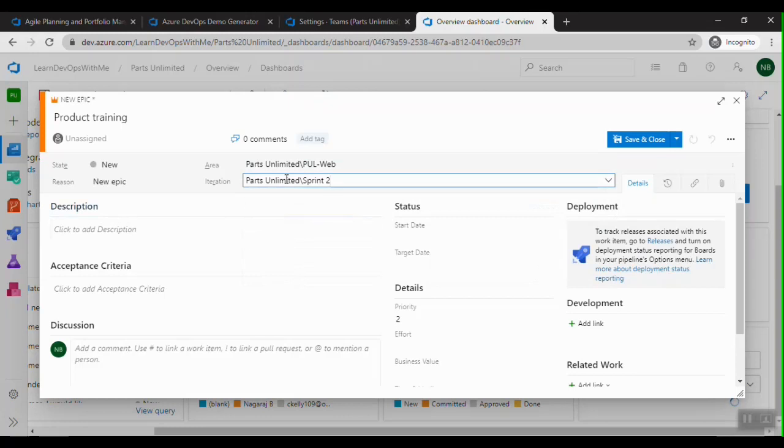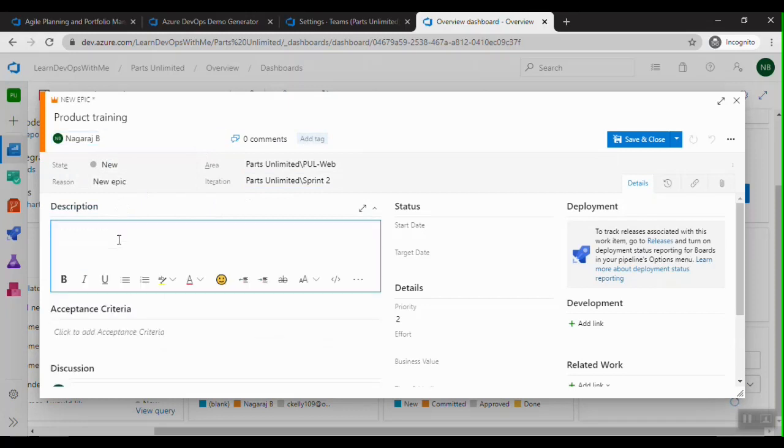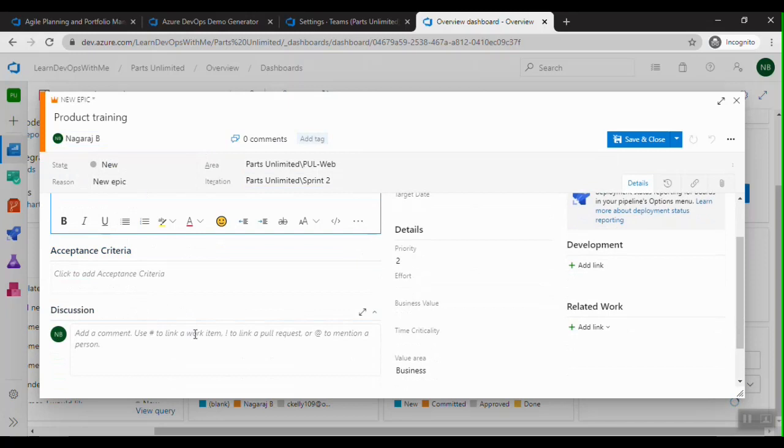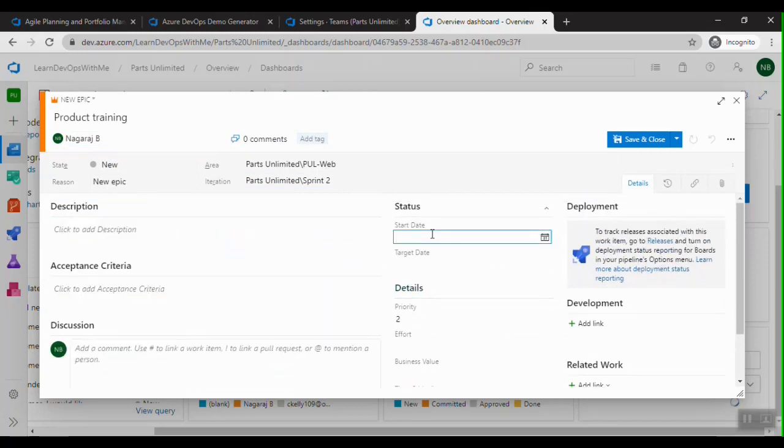This is the work item form layout, and you can see it has many details like title, the assignee. So let me assign to me. Then it has tags, state workflows, then description where I can give details about this, and acceptance criteria, discussion. And it has the scheduled start date and scheduled target date when this epic should be completed.